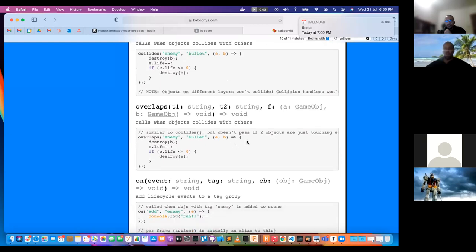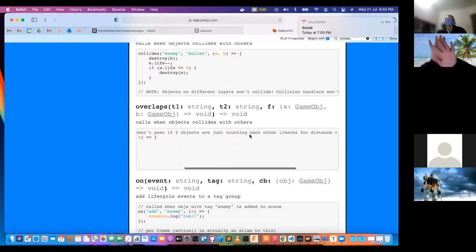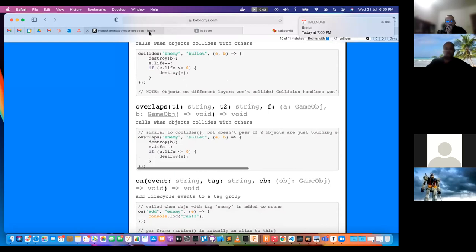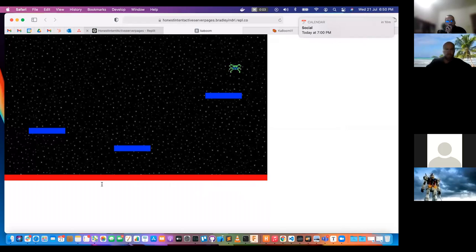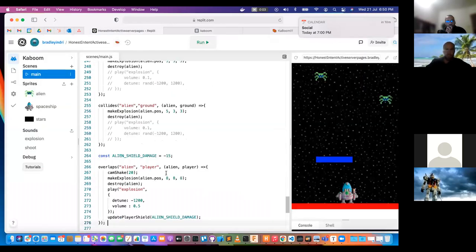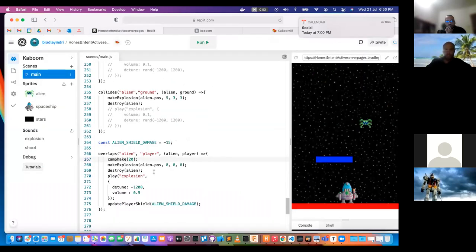But overlap means that there must at least be some kind of overlap of at least like 1 pixel or more, so that they kind of go over each other before it fires. So we want it like if the alien is really close to us, so like kind of overlaps us, then we want to create another explosion as well,